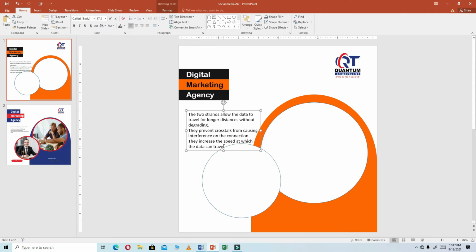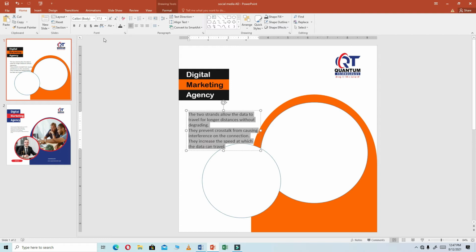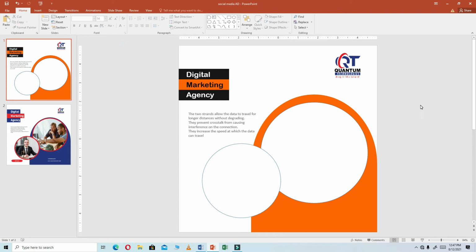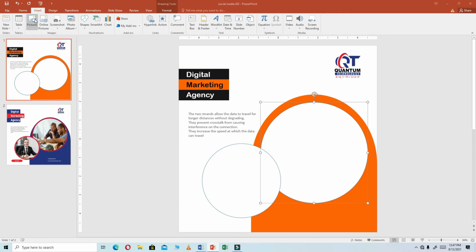Okay, let me Control A, I click here and then Control A, then I'm going to reduce it. Let's say 14 is okay. Let's make it 14 like that, and then I'll Control A, then I will change the color of my text. Let's say make it gray like that. Right, now let's continue. I'm going to click on this image, and then I'll come and say insert picture, and